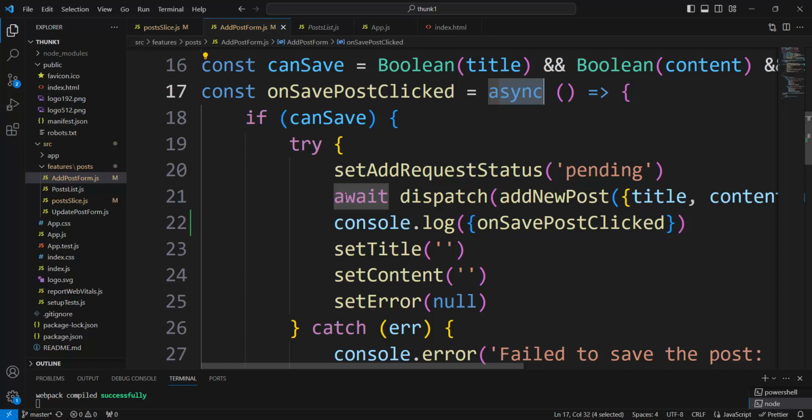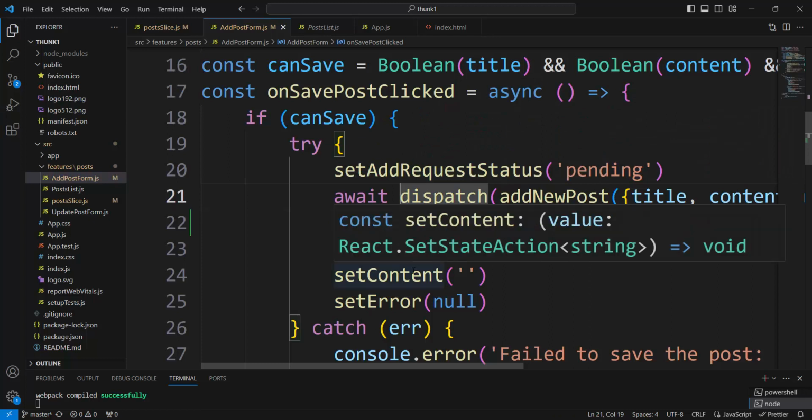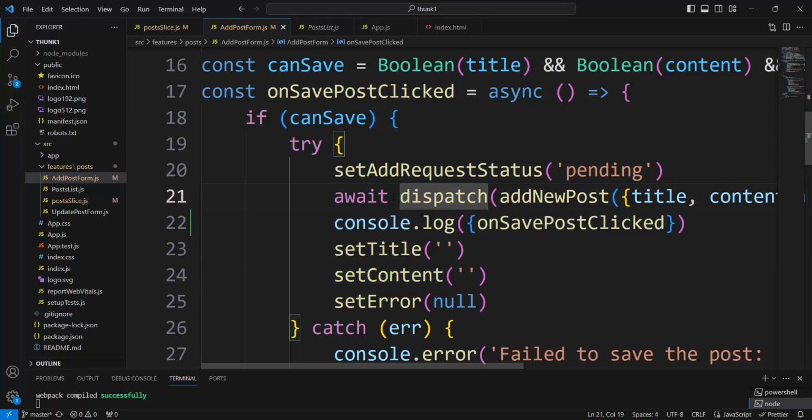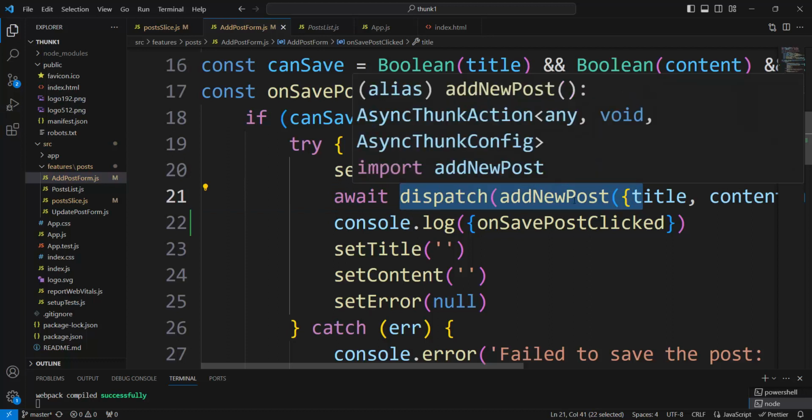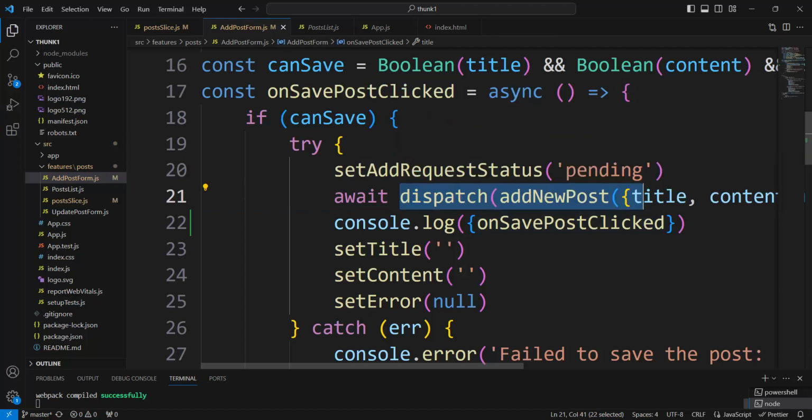It means that if we want to see the error in the add new post component, we must have async. It means that we are waiting here for the promise,